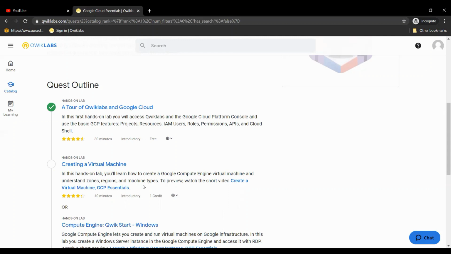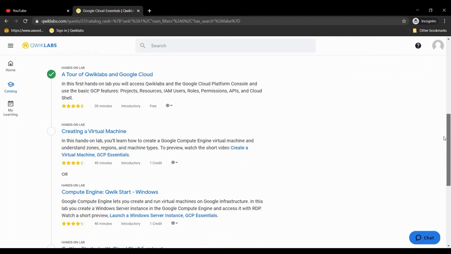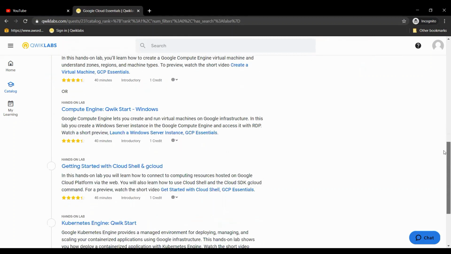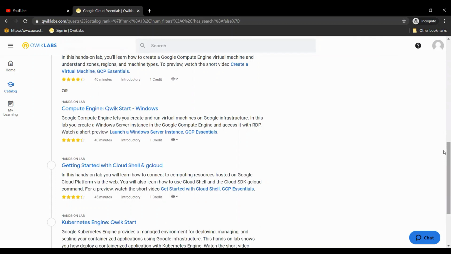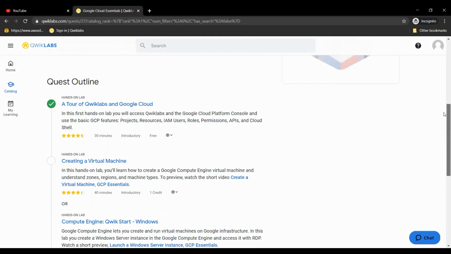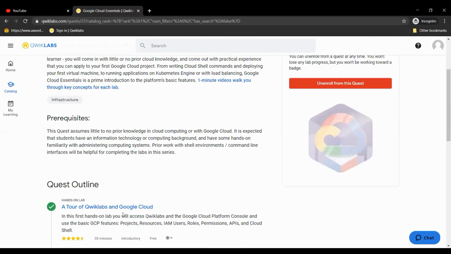Whereas for other labs, we use 1 credit for introductory labs, for expert level we use 9 credits, for advanced we use 7 credits, and for fundamental labs we'll be using 5 credits. We'll start with this lab.